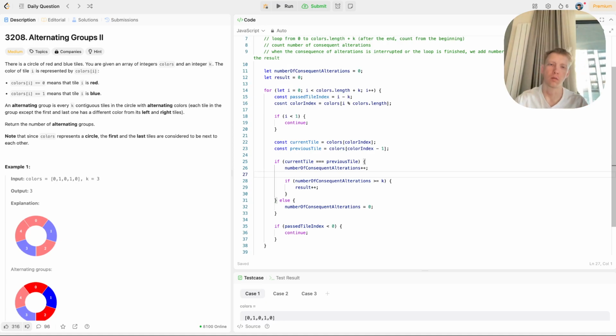Yes, so now we have a loop. We have comparison of the values. We can reset the number of consequent alterations. We can also increment the result. I should make sure that the number of